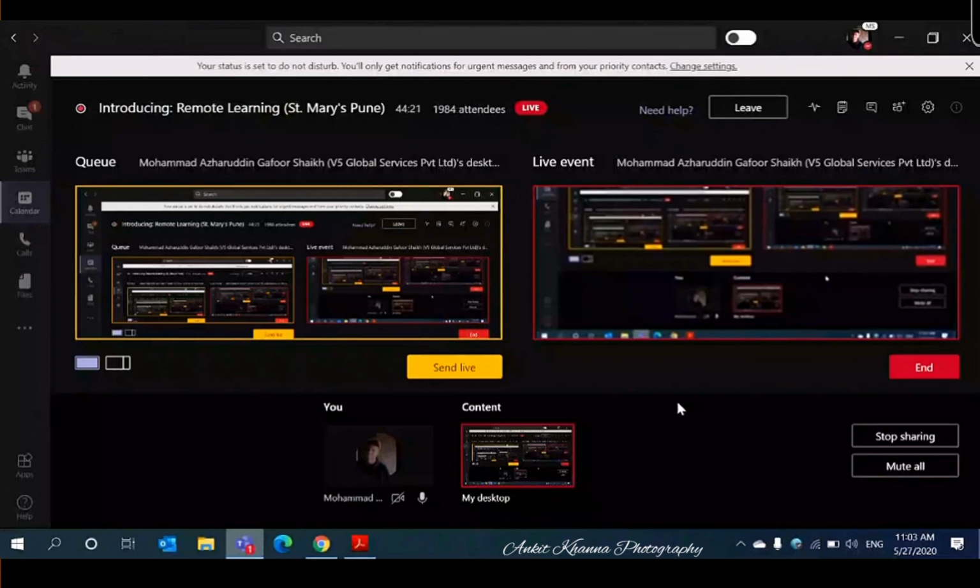We have shared one PDF with the school, and school is going to share the PDF where how to log in, how to share assignments, how to solve it, how to use your class notebook. Everything is given in detail, step by step. So don't worry about it. You are going to have it.